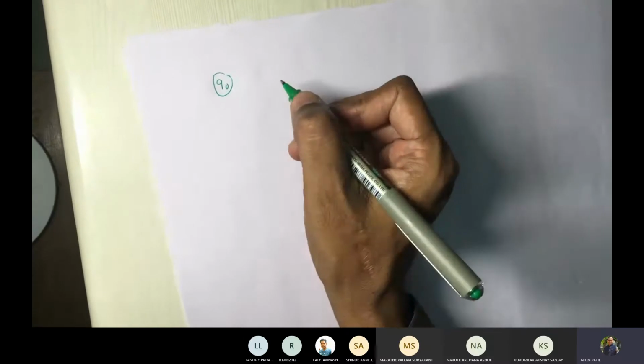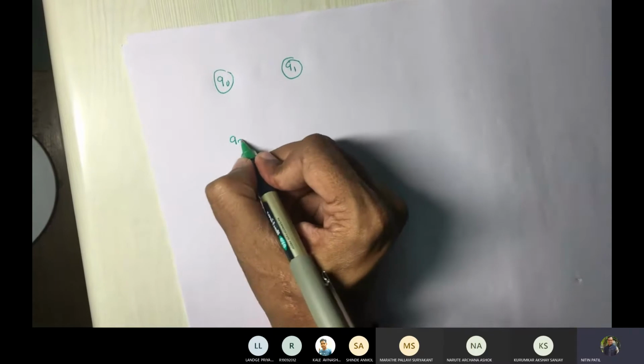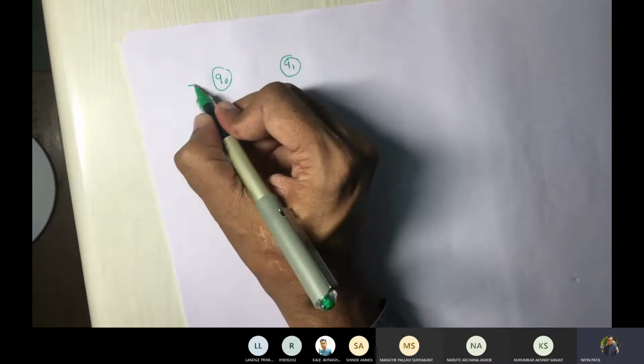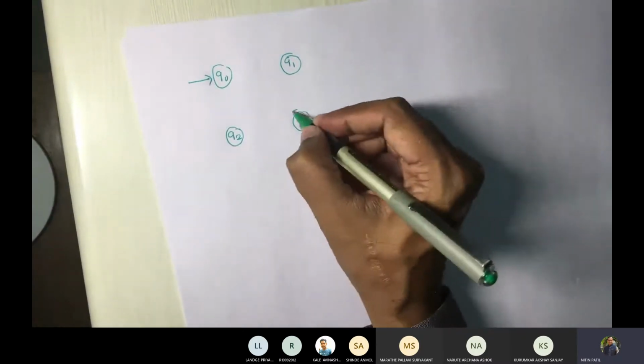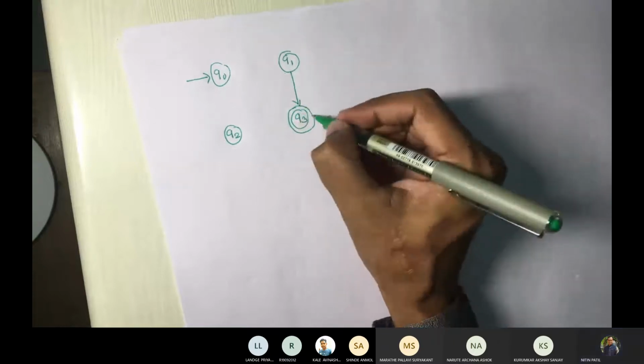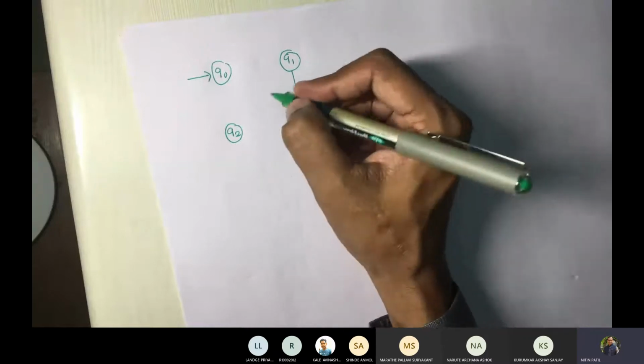So, we will revise the example that we took that day. I will draw that example one more time so that we understand again how exactly we can construct a regular expression. So I will draw this Q0, Q1, Q2 and Q3. As we said, Arden's theorem requirement is what? Your finite automata should not contain any epsilon move. It can be an NFA, it can be a DFA, whatever it is. So we don't care about it.